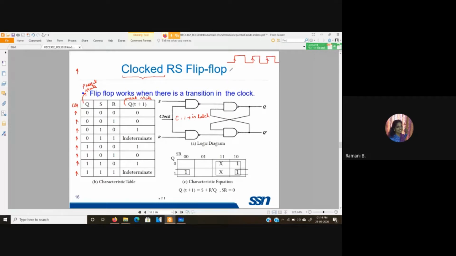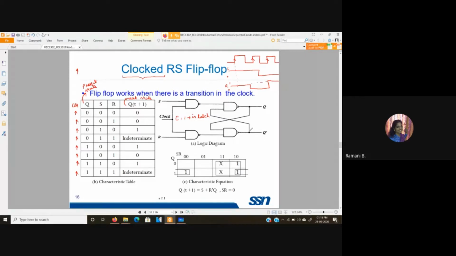And your S and R values are, let this be the S input and let this be the R input. You just assume these two are the same line, okay? It just went away. So this is 0 and this is 1. Here this is 1 and this is 0. So what it does is, initially this checks for this particular transition, okay? At this transition, you have both S and R values as 1, right?